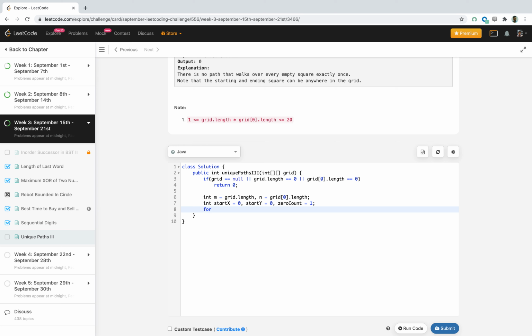Now we have to loop through the two-dimensional grid. This is simple, we'll just run a loop for row and then for column.